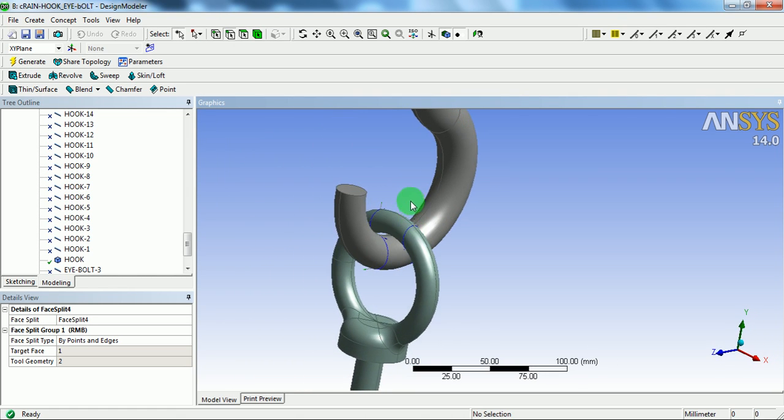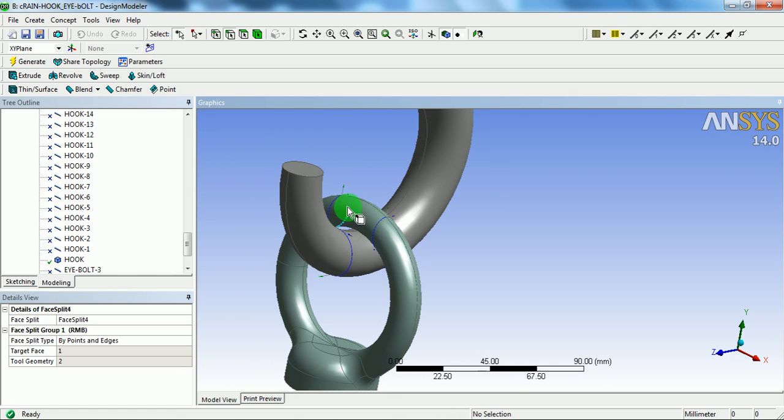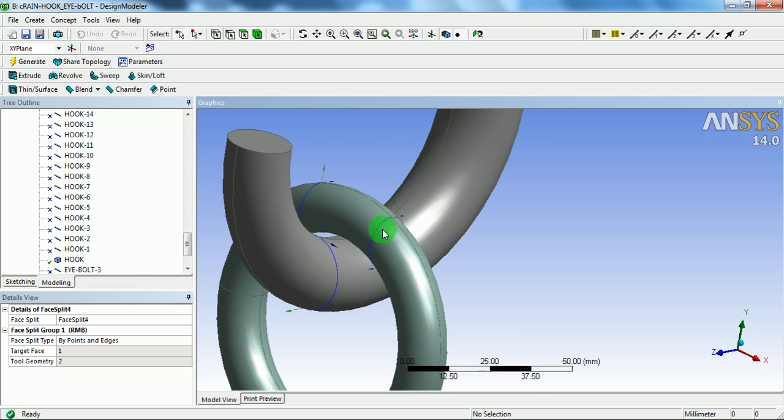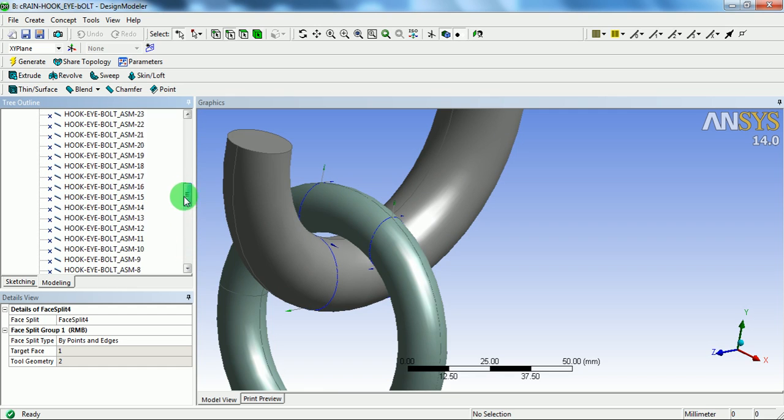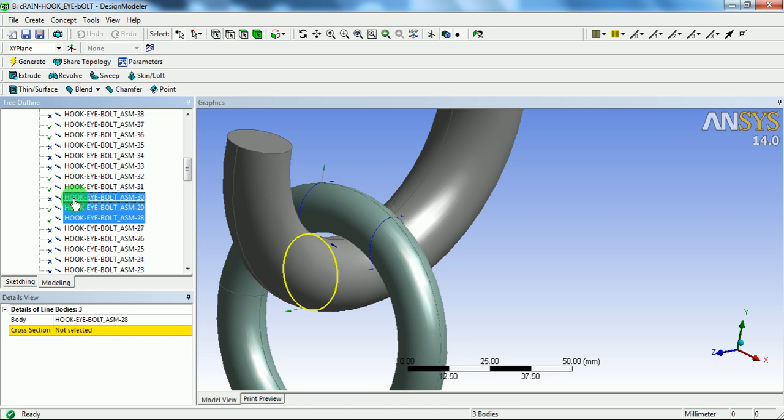Once the faces are split, these line bodies highlighted in blue color need to be suppressed. You can check for those bodies here. Those bodies are unsuppressed bodies which are check marked. Pick on those check marked bodies by pressing and holding control.